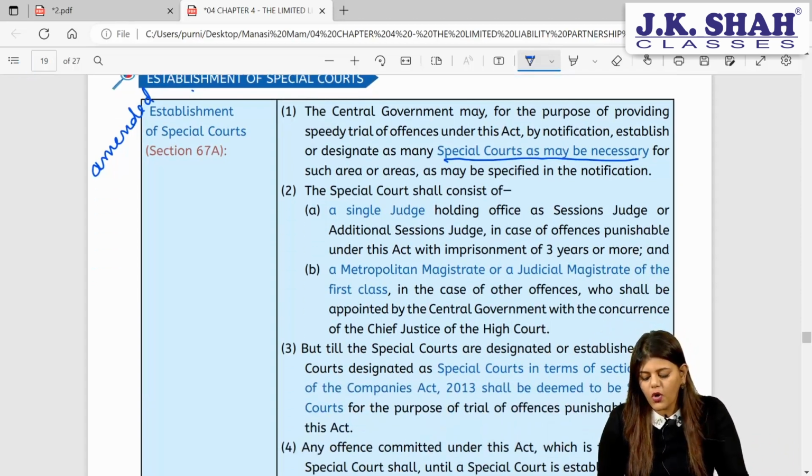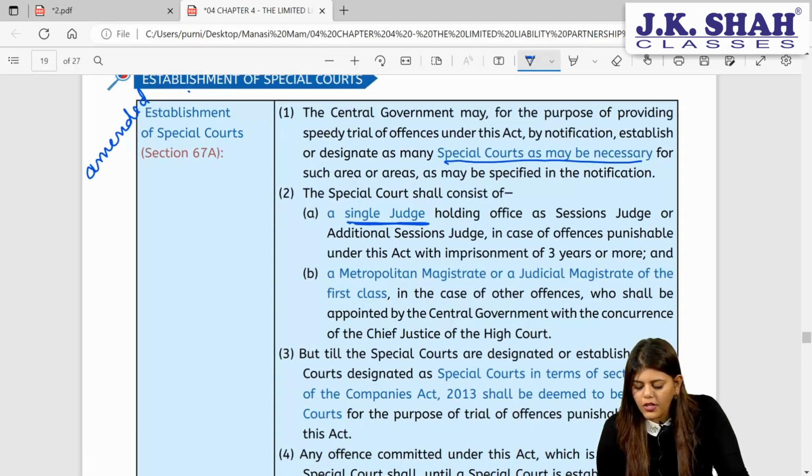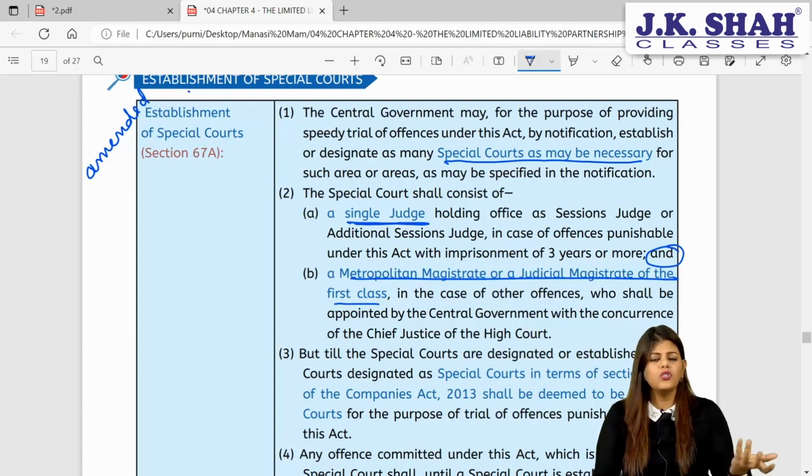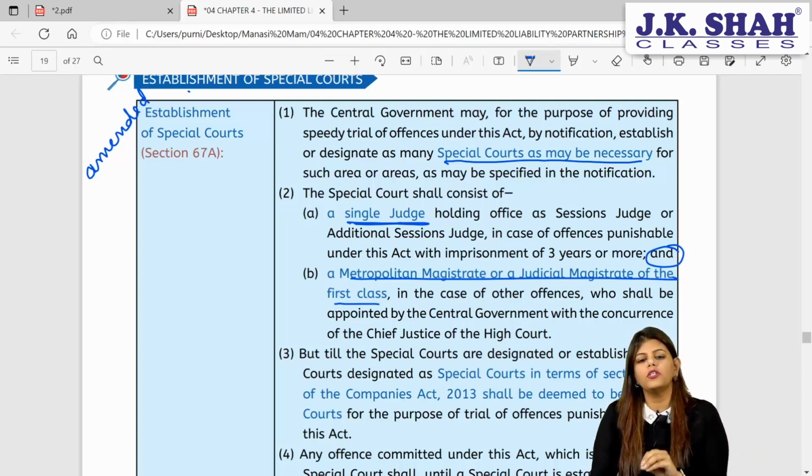और स्पेशल कोर्ट में कौन रहेगा? सिंगल जज and a metropolitan magistrate or a judicial magistrate of first class. Ma'am, ये लोग कौन है? It's just the judge. That's it. It's a terminology given. So special court में single judge होगा and metropolitan magistrate or judicial magistrate of the first